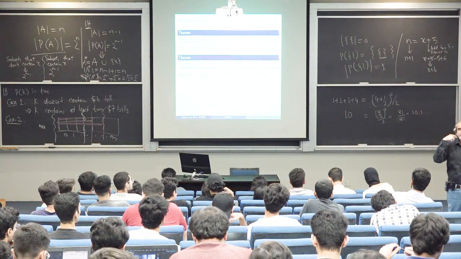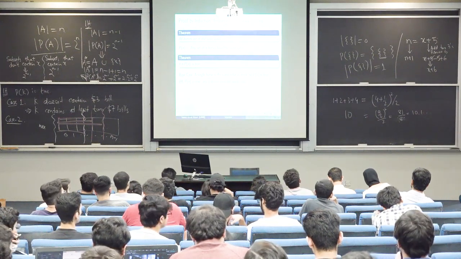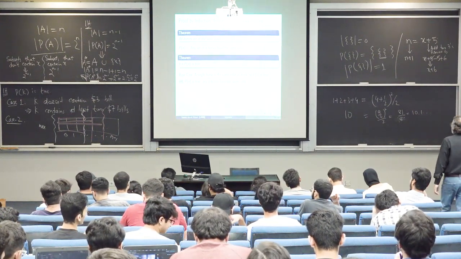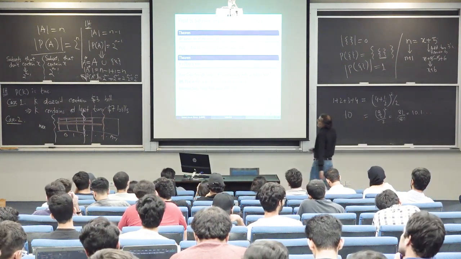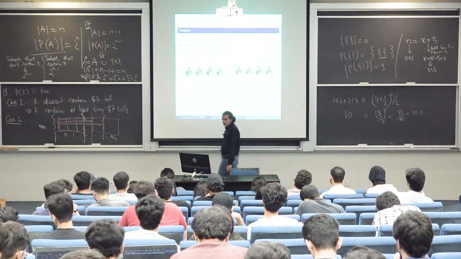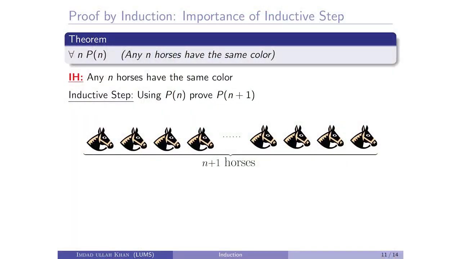Okay. So the inductive hypothesis is that if n horses have the same color, then we have to establish that Pn plus 1 is true. That's what we are going to do. So how many horses are there? Yeah, hold on. Right. So there is the smallest number of horses, right? That's why we took n. n could have been 0, तो फिर color applicable ही नहीं होगा. So the smallest number which we could pick for n is 1, right? But you are actually getting to the solution. That's why I stopped you.